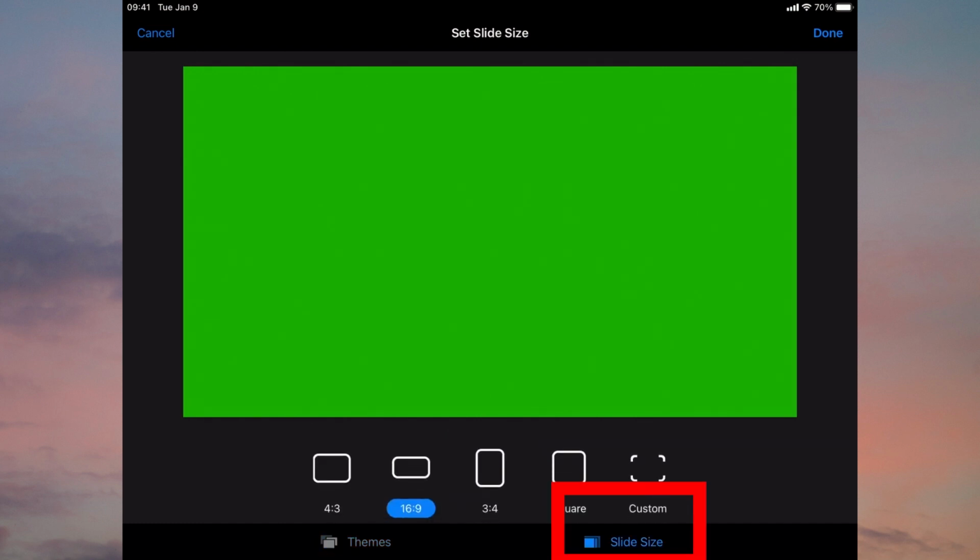Touch that, and you'll see there the dimensions of typical slide sizes. Most of those would match your Ecamm slide or presentation settings. Of course, we want 16:9, but you can even set a custom size up if you want to from this dialog box. Click Done at the top right of the screen.